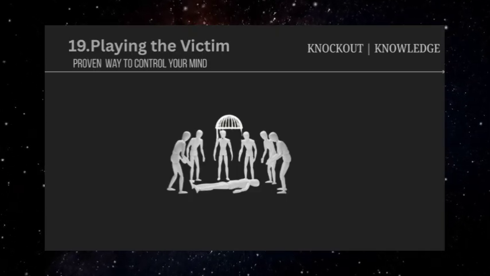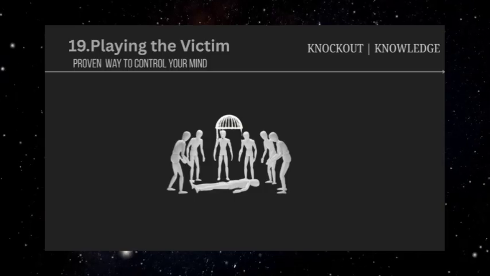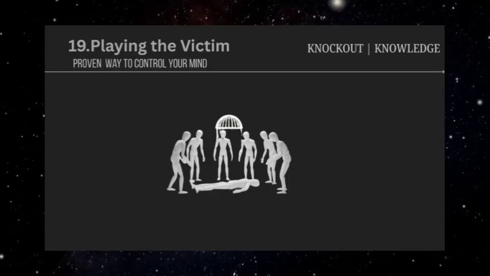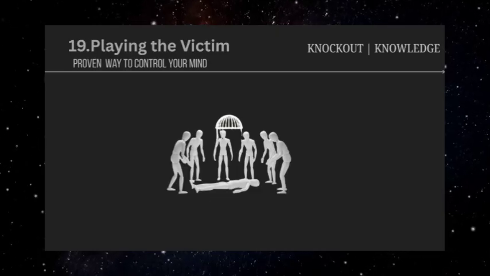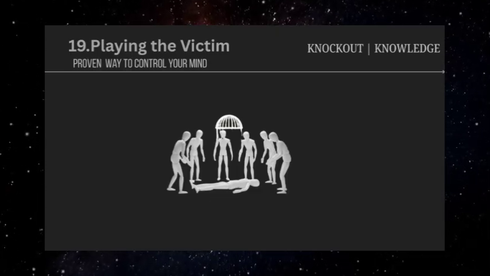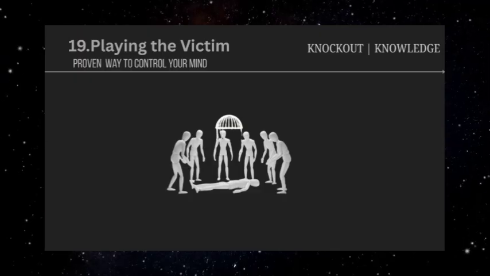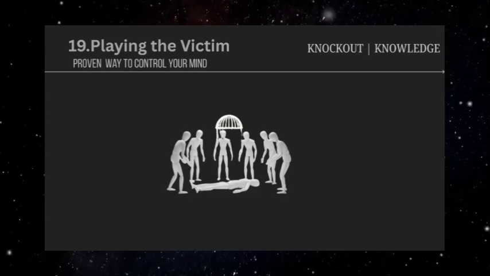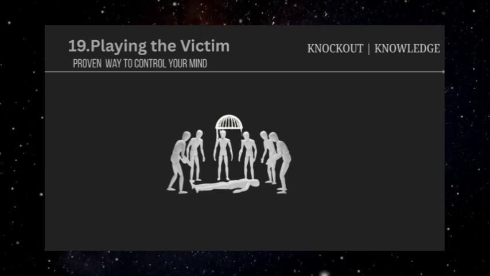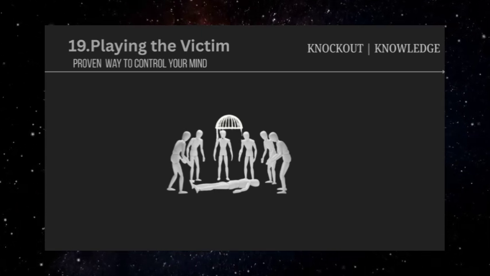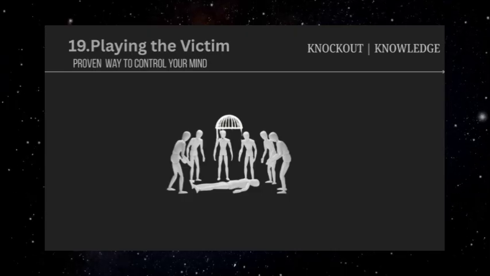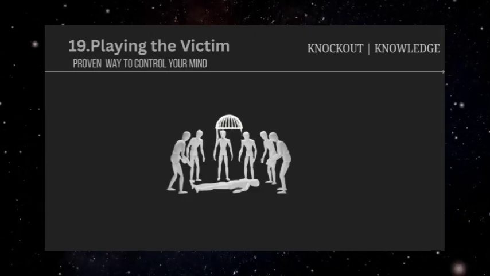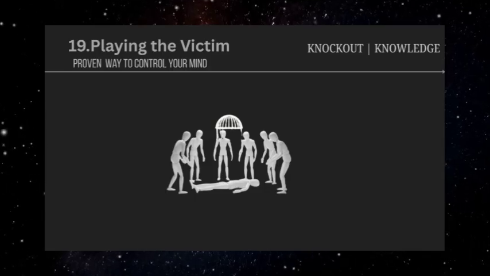The technique also involves selective memory and narrative distortion. Victim players consistently remember and emphasize times they were hurt while minimizing or forgetting times they caused hurt to others. They reframe their own aggressive or harmful behavior as self-defense. This creates several harmful dynamics in relationships. Others begin walking on eggshells to avoid triggering emotional displays. Genuine issues never get addressed because discussions always pivot to the manipulator's hurt feelings, and the emotional energy of the relationship becomes focused on managing the victim player's constant distress.